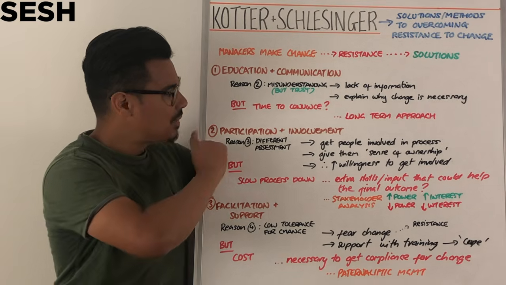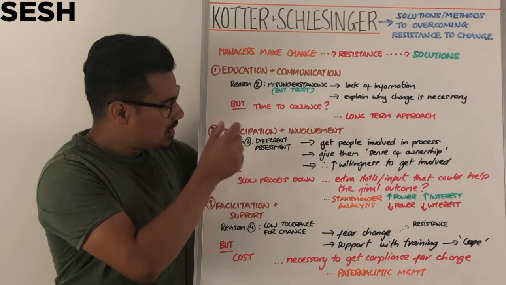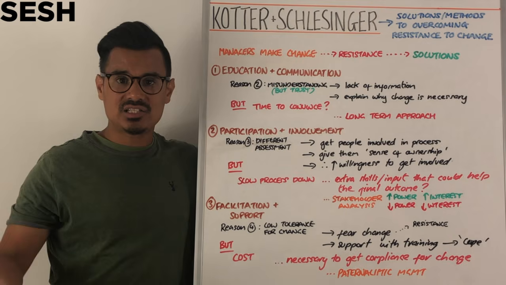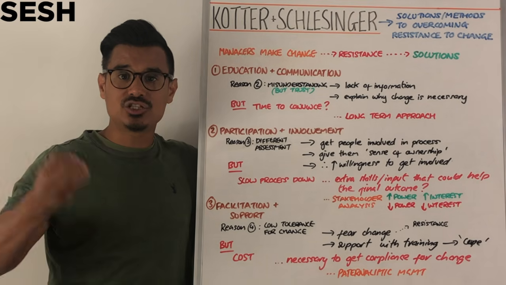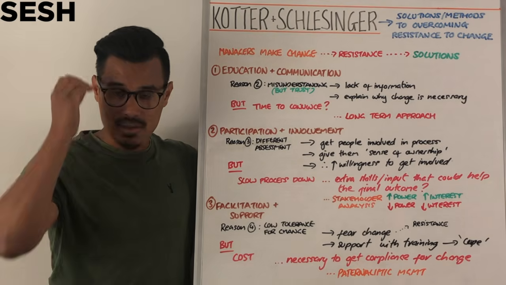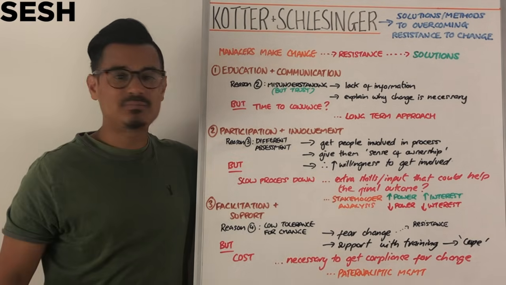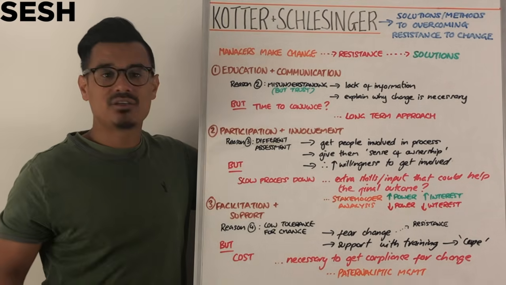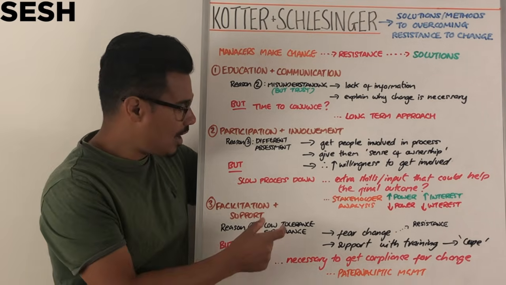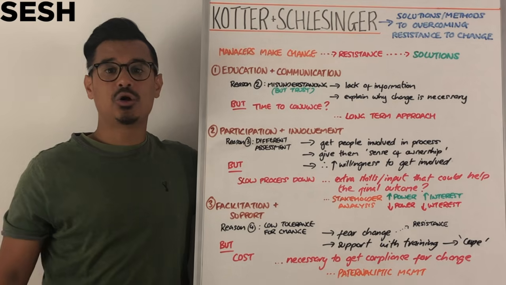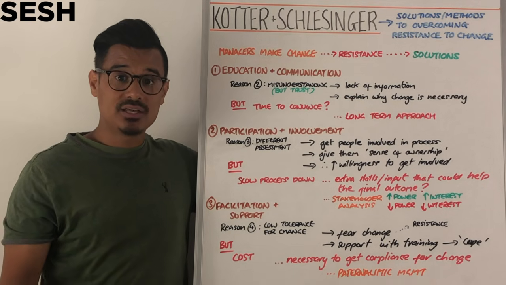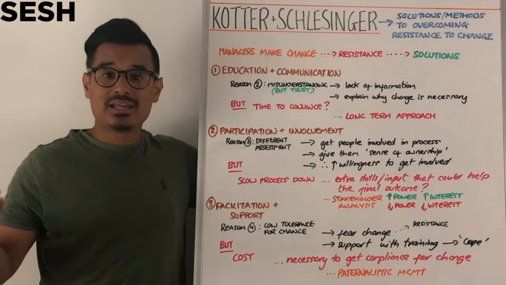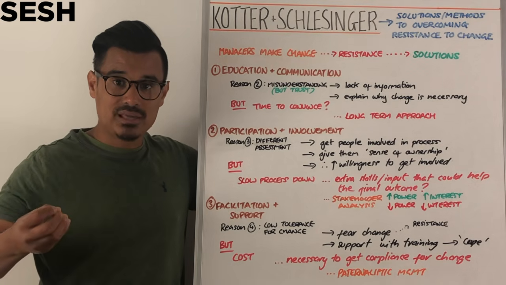The second one is participation and involvement. Maybe it's reason 3 in terms of the resistance, and the fact that you have people or stakeholders that see the change differently. They don't agree with the manager's perception of that change. Maybe you want to get these people involved in the process. You want to give them a sense of ownership because then there's more willingness for them to get involved and maybe they could help. But it might slow the process down if you introduce these people into the process of change. But they maybe provide extra skills or extra input to allow the change to be more effective, to be better.